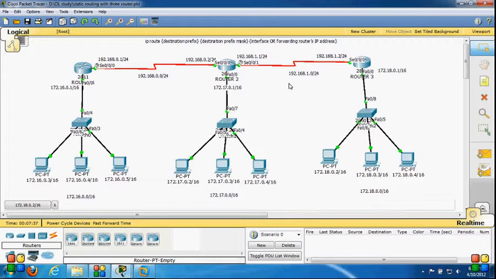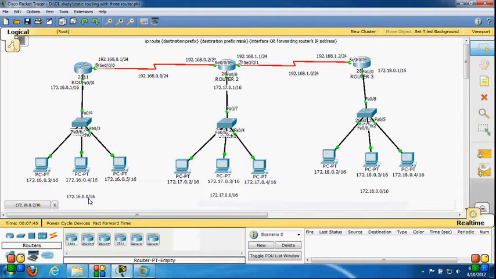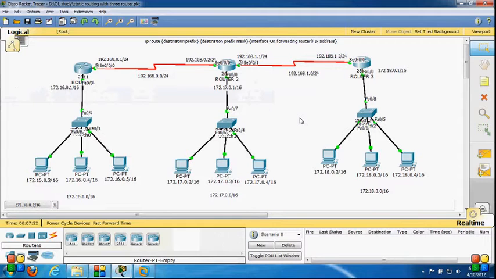But if router 2 wants to communicate with networks other than those directly connected, which are 172.18.0.0 and 172.16.0.0, I have to configure a static route on router 2, or I can also configure a routing protocol on router 2. But now we are going to configure static routes.